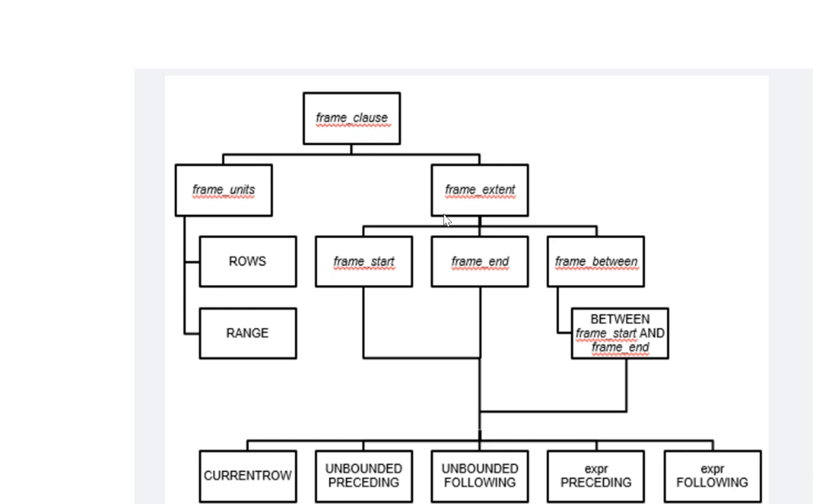So what is frame extent? Frame extent itself can be divided into three aspects: frame start, frame end, and frame between. These are the three components of frame extent. Each of these indicates the bound of your frame. Frame between has the frame start, frame end kind of syntax, and all three of them can take any of these values. You can give the context of current row, or the context of unbounded preceding,